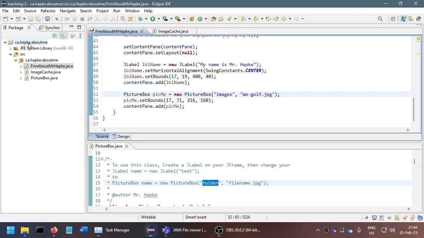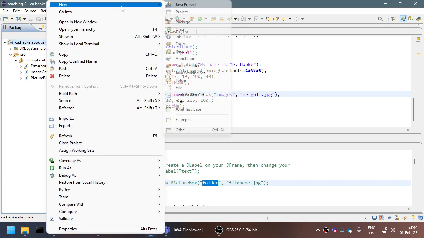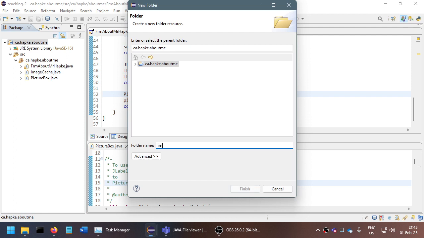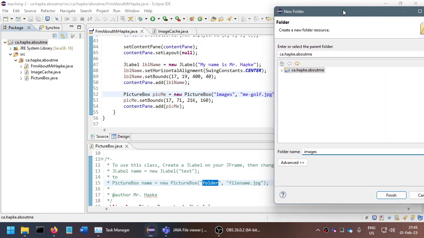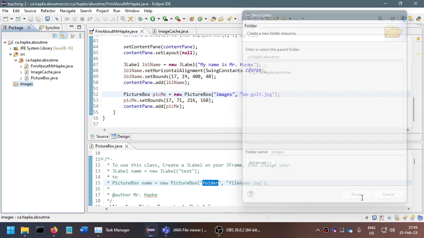And now we need to create the images folder. So really important, we've been clicking on the package before that. All of our source files are in here, that's Java code. Let's make a folder in the project itself that we're going to call images, and that's just for picture files. Now when you're doing this, capitals matter, so I'm using all lowercase, no spaces. Click finish,